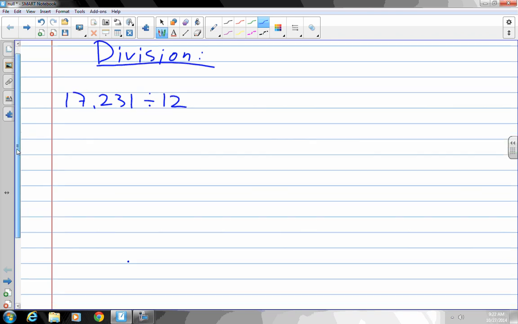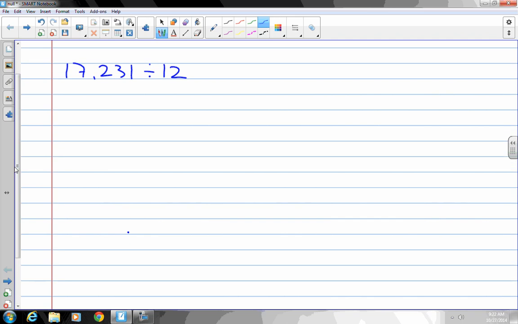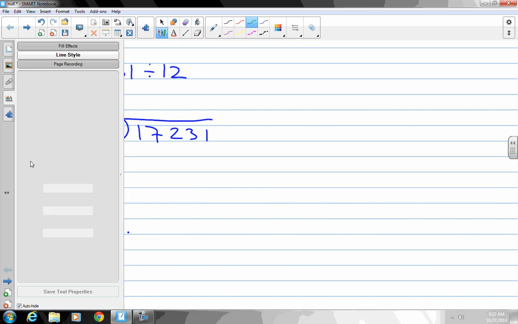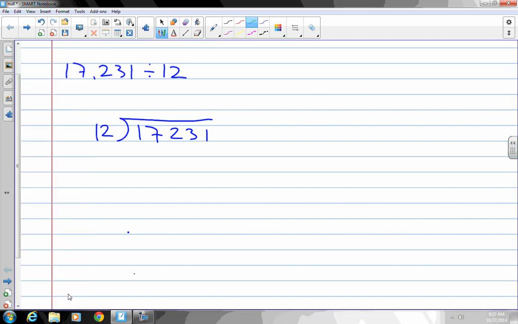How do you guys do that? You draw a little squiggly, right? Who's with me on that? What do you put? 12 goes left, so 12 goes here. The other number goes here, right? There's some special names here. When we divide, we call 12 the divisor,